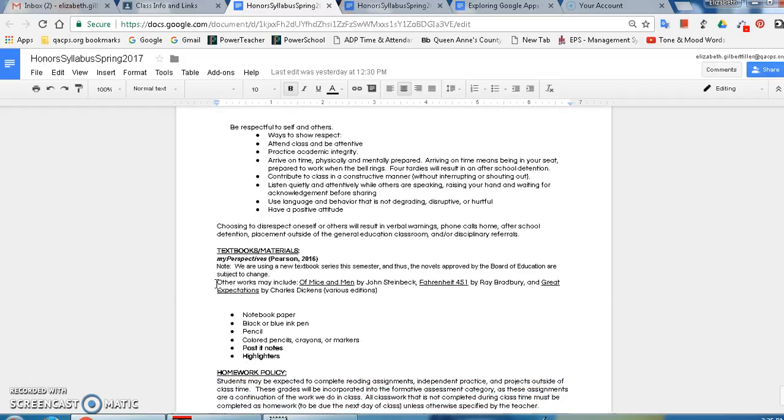Just to go over a couple things, I do ask that students have a notebook just to have some paper. It doesn't have to be specifically just for English. Please bring a writing utensil every day. Colored pencils, crayons, and markers are always appreciated. I have classroom sets. But the one thing I am running low on, and I would ask every student to bring, please, is Post-it notes and highlighters. Because like I said, we really do mark up the text.